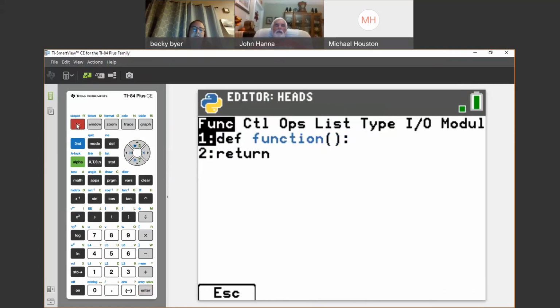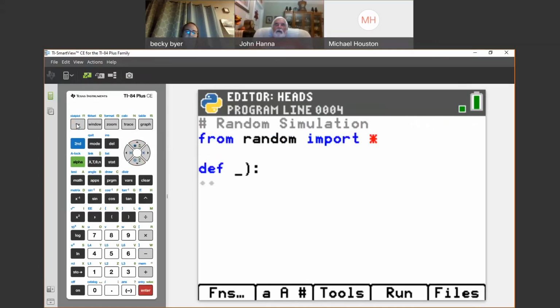So when I press the FNs key, the first submenu in this screen is the function submenu to define a function, and then the return statement is also found on this same menu. When we define a function, notice the indentation on the next line. I first have to name the function. I'm going to use the second alpha key here to turn on alpha lock right here in the editor. And I can type in here